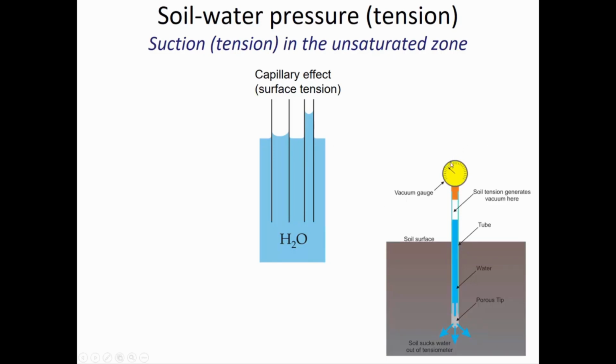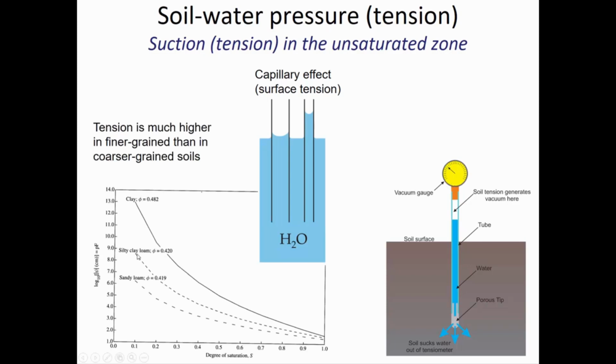So we can do an experiment to see how eager the soil is to receive additional water. It's a soil property that we can measure, this tension pressure, where if you have a tube that's full of water and you stab that tube down into the soil, then the soil sucks the water out of the tensiometer and it creates a vacuum in the headspace, and the intensity of that vacuum can be measured with a gauge, and we can graph, as a function of how saturated the soil already is, what the tension is for